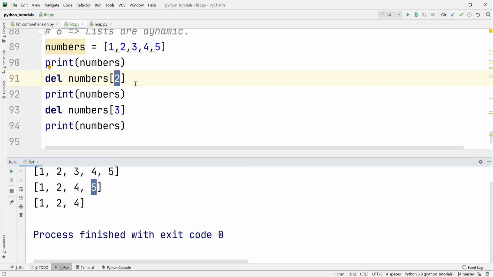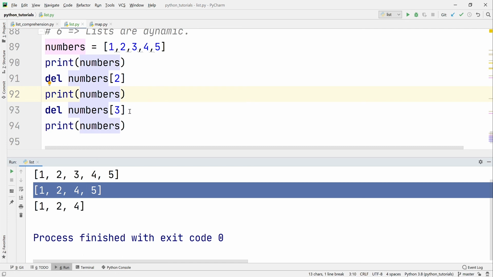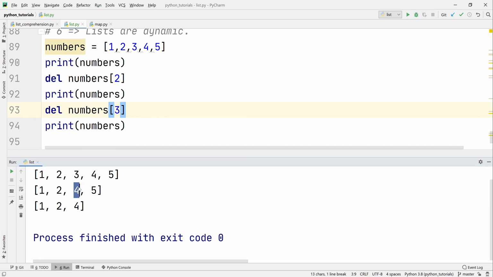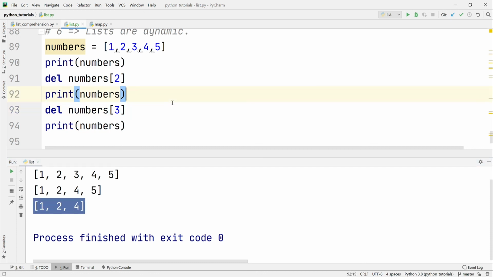This is the first operation. After the first operation, we have got this new list. Okay, we deleted one more element. Now again we delete the element on index 3, and here the index 3 is 0, 1, 2 and 3. So it removed the element 5 and our new list is 1, 2, 4. So a list can shrink according to our requirements. Now we will expand it.